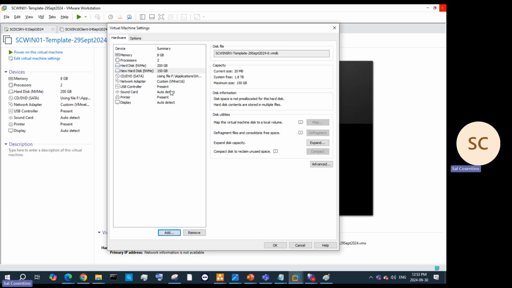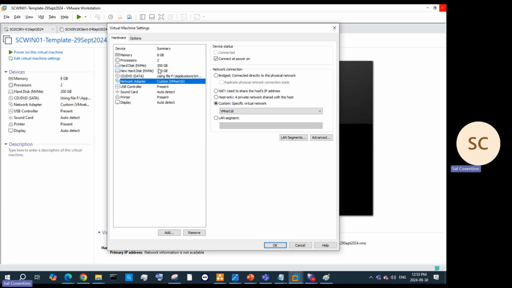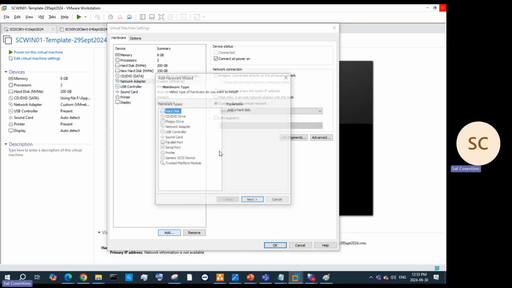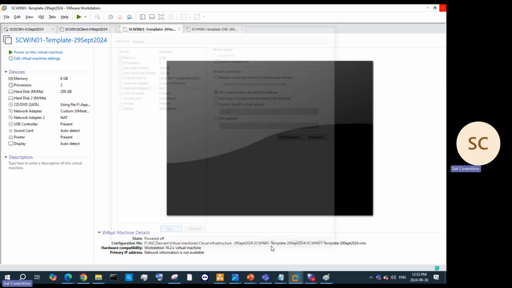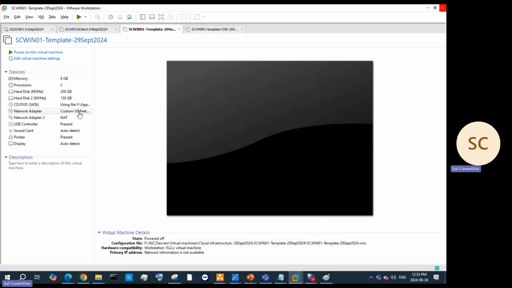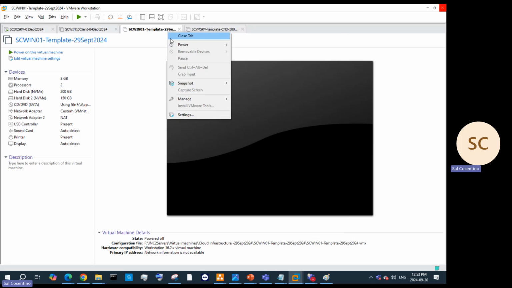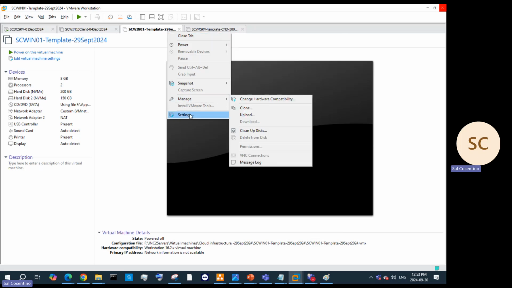right? And then we're going to add our secondary network adapter. Adapter finish, and we're going to give it internet, and then click OK or VMnet 8. So again, up to you. Okay, so with that being said, I can now power on the machine. I can actually change the, I don't think I'm able to, actually, yeah, I'll show you guys how to do that. So if I go to power, go to settings,